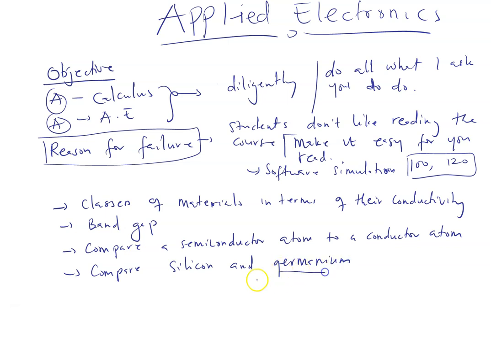So these are the two semiconductor materials that are mostly used in making electronic components. But among the two, people prefer silicon. So we'll talk about why people prefer silicon to germanium. Then we'll talk about conduction electrons,